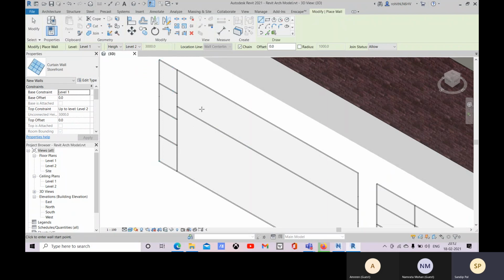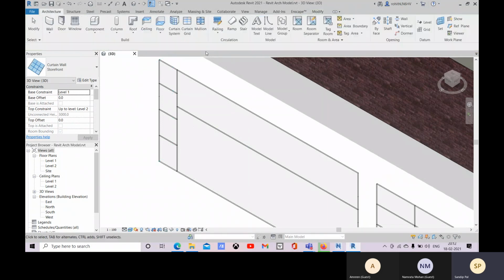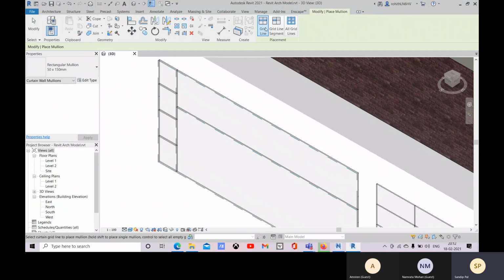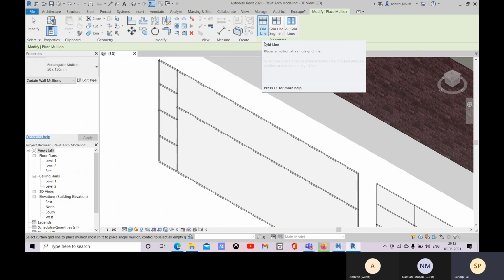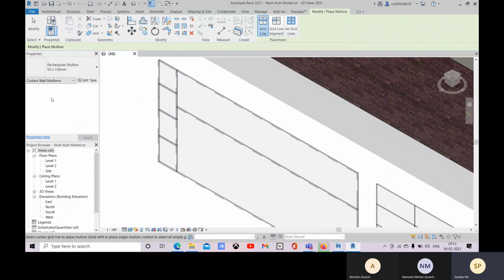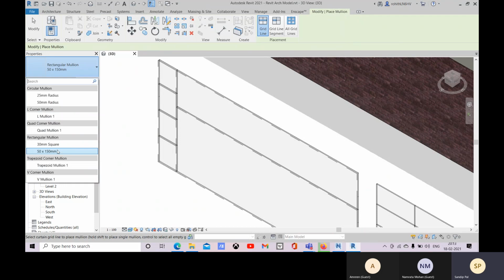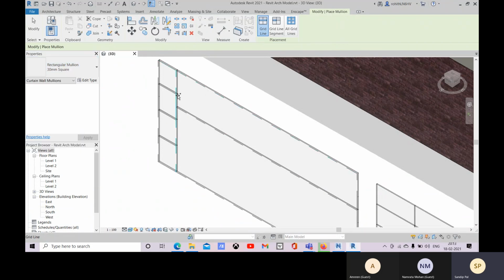So this way you can create your grid system, and after that you go for mullion. On the particular grid line you choose, you will select, and on that grid line you will place the mullion. So you can select which type you want to pick, and after that you will place it.